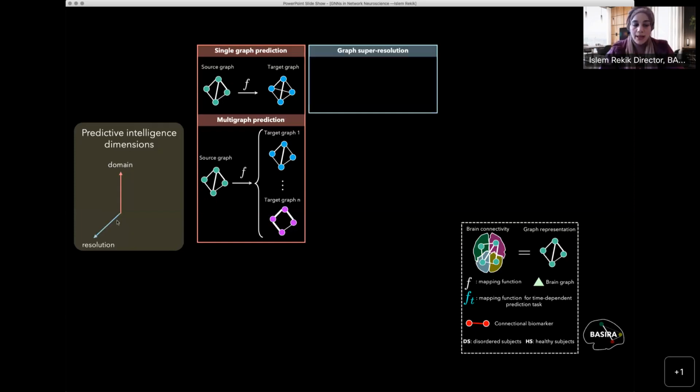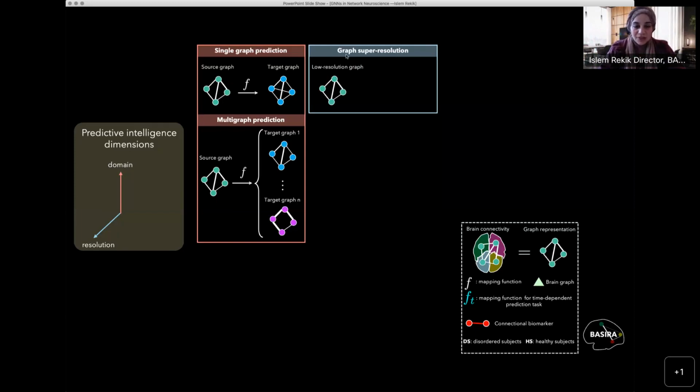So the second axis is the resolution. To the best of our knowledge, we were the first to introduce the concept of graph super resolution. In the literature, you have lots of works on super resolving images, trying to create higher resolution images from low resolution images, like from 3T MR or 1.5 Tesla MRI. You have also super resolution in computer vision. In graph theory, we try to filter graphs, compress them, and downsize them, but there isn't the concept of creating a bigger graph from a smaller one. And this is where we introduce the concept of graph super resolution.